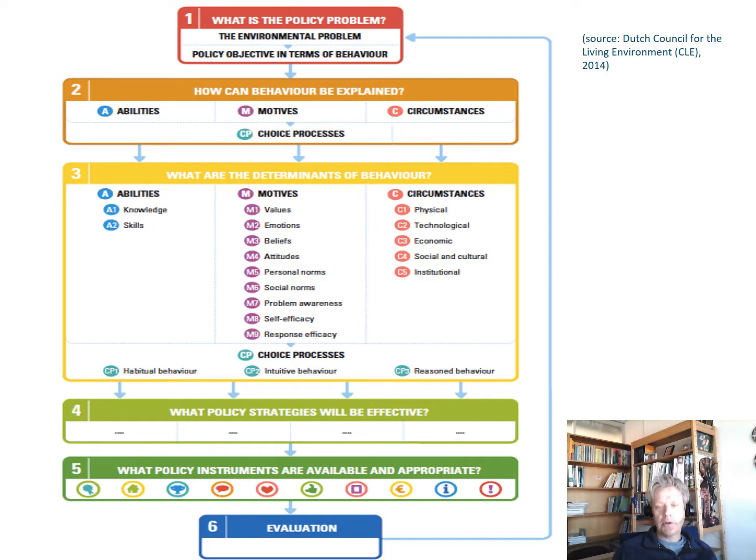The model is for policymakers, but you can also use this as an NGO or a societal organization wanting to influence behavior towards a more sustainable lifestyle or healthier lifestyle or a more caring lifestyle for others or other species. So it depends a lot on your goals that you want to pursue and also on how you want to involve people in those goals.